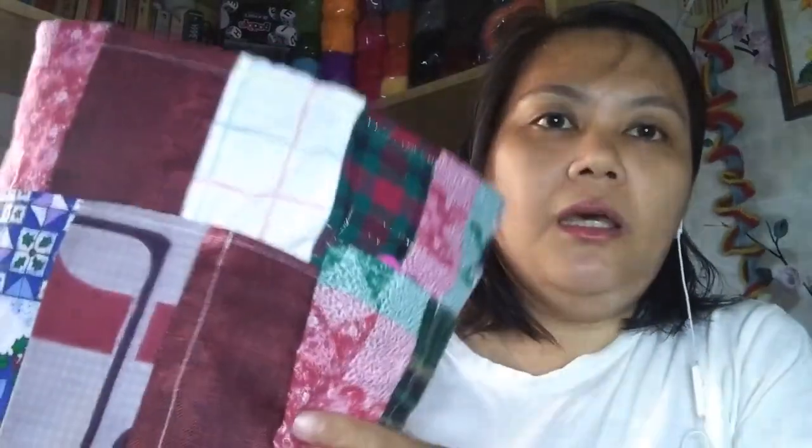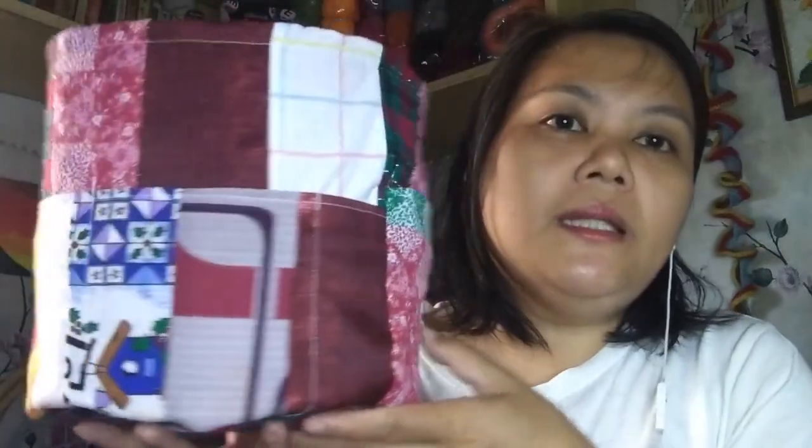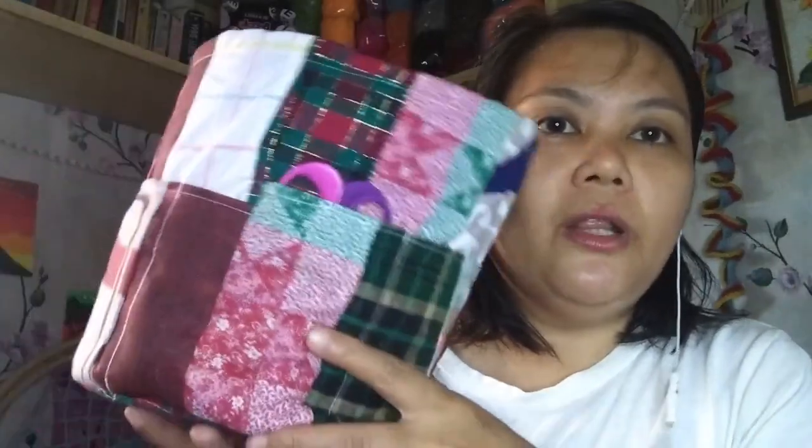And for this one, I'm thinking of maybe putting a strap to it, just like this one, so that it will be portable in a way. So that is how it came up, and it can hold some scissors, and I also put here one of my hooks, and it can also hold some other items or some notions that you can think of. And I'm very satisfied with how my first prototype has become, or what it looks like. I'm quite contented with how it went, and this one can hold my big cake of